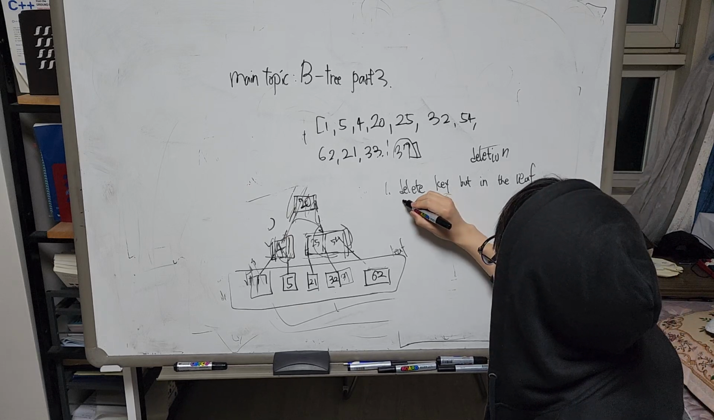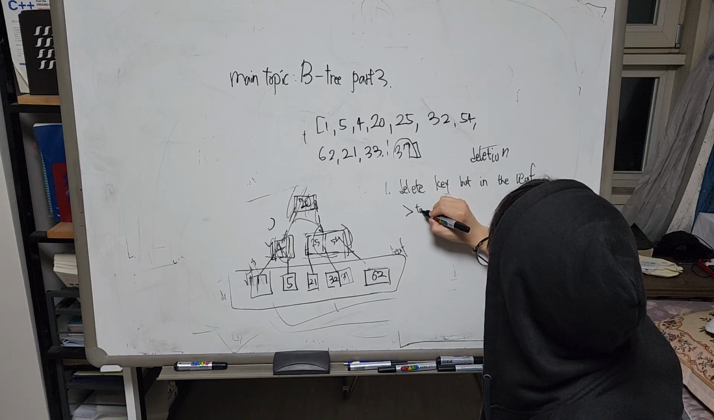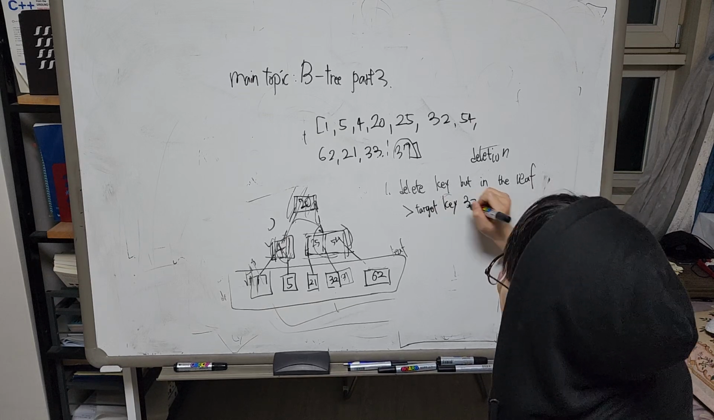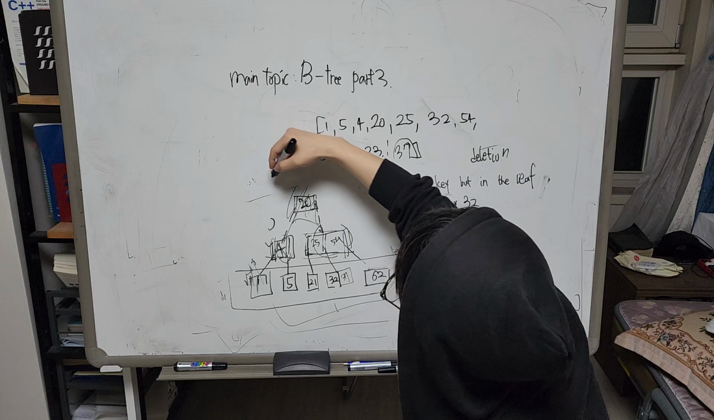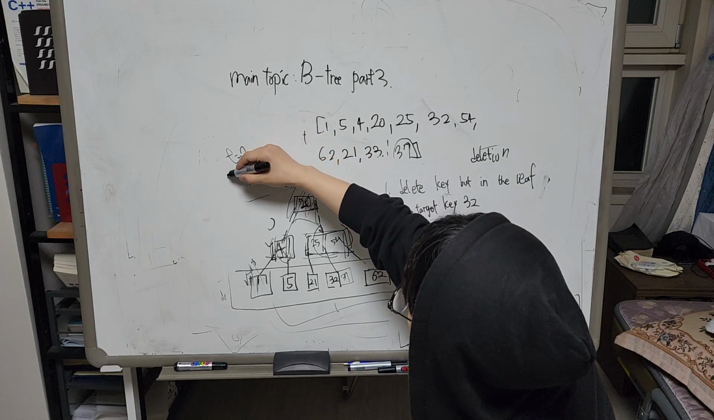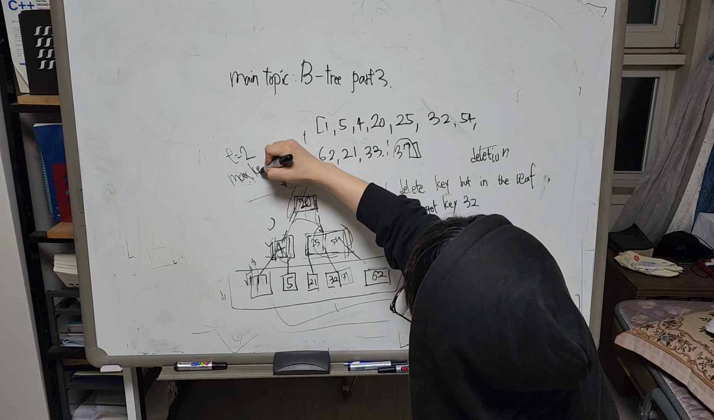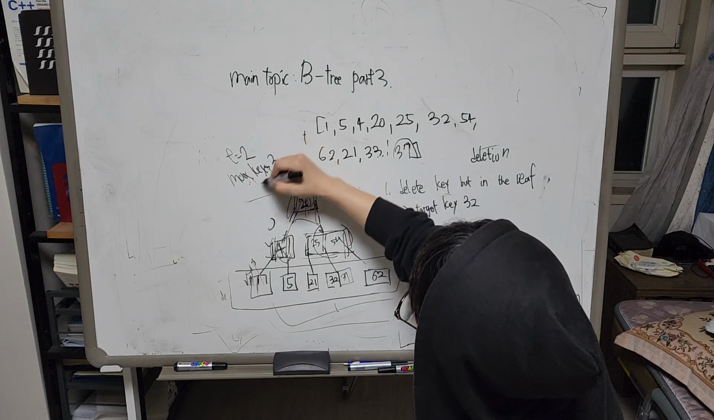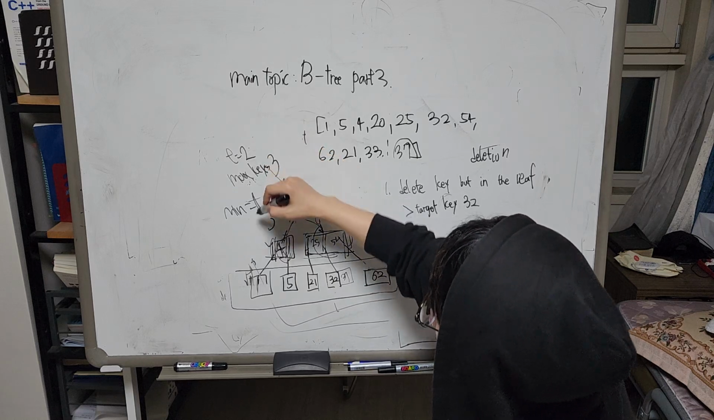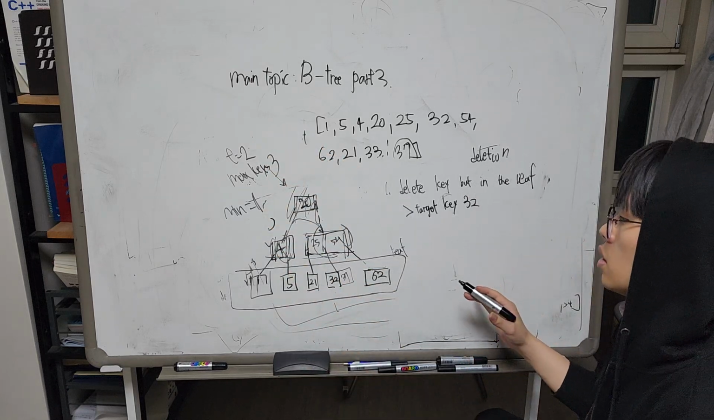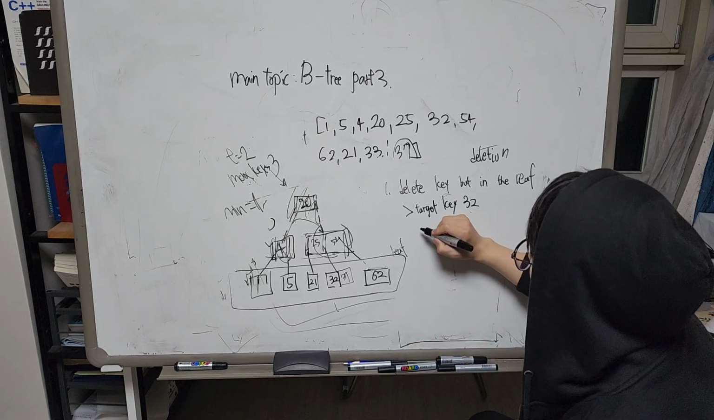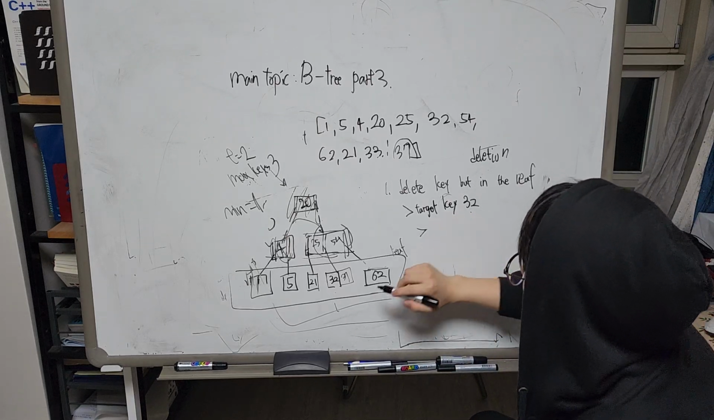Our target key is 32. Since we already made a B-tree using the key is 2, which means that the max keys are gonna be 3 and the minimum keys is gonna be 1, because t minus 1 is 1. So when you try to delete 32, it's really easy. Delete 32 first, and